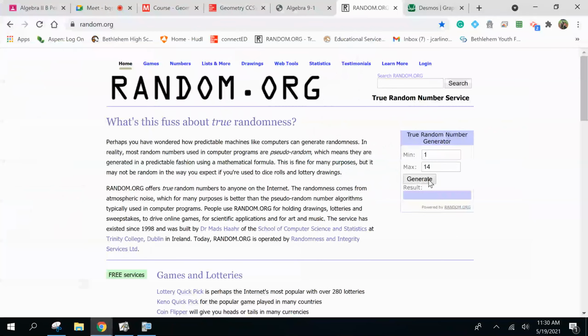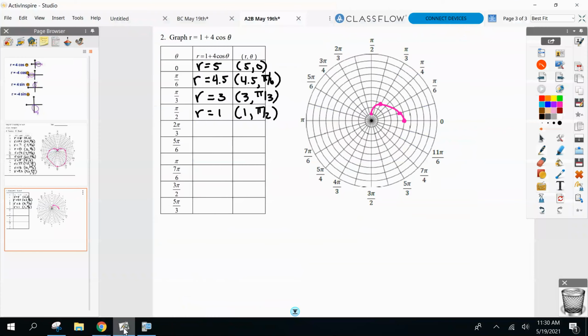2 pi over 3. 2 pi over 3, -1. All right, here we go, guys. Now I finally got my first negative R value today. And this is, I think, where some of you guys struggle. You've got to realize when you have a negative R value, you have to go on the opposite side of